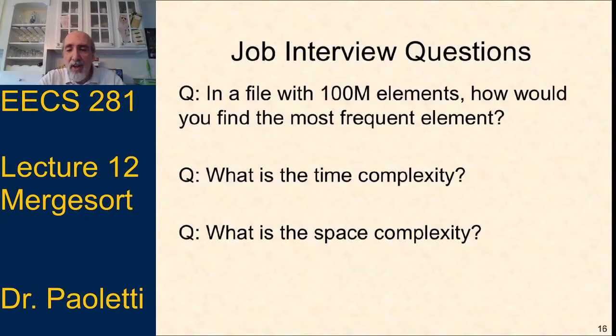Okay, so here's a question. If I said, I've got a file, it's got 100 million elements in it, I want you to find the most frequent element. Well, first, what you should be asking is, wait a minute, do we know how often the most frequent element occurs? Does it occur greater than half the time? Because if it's a strict majority element, if it occurs greater than half the time,